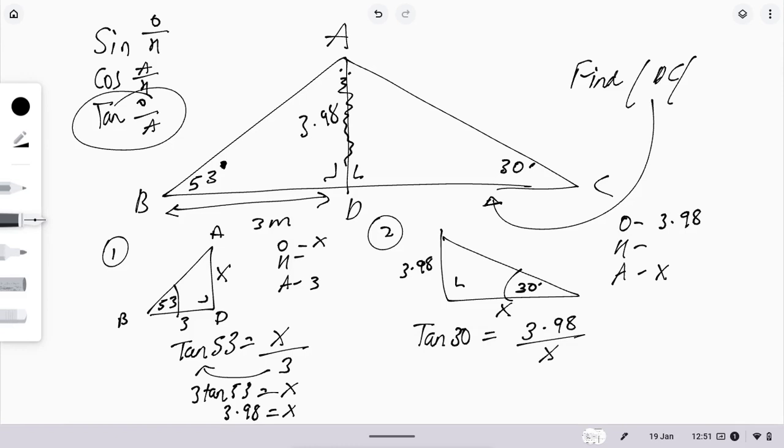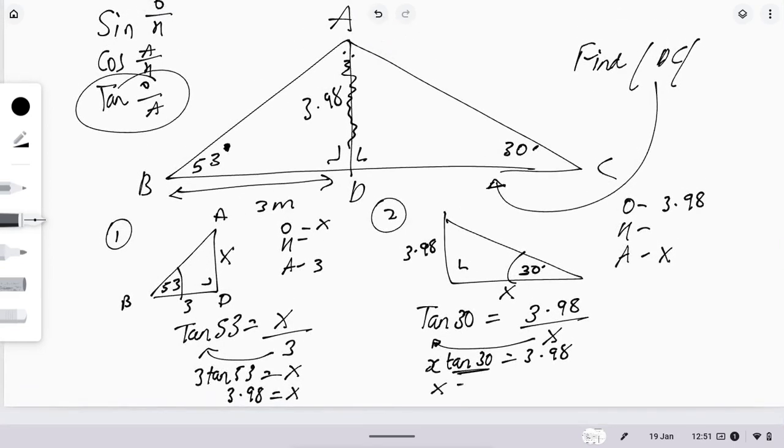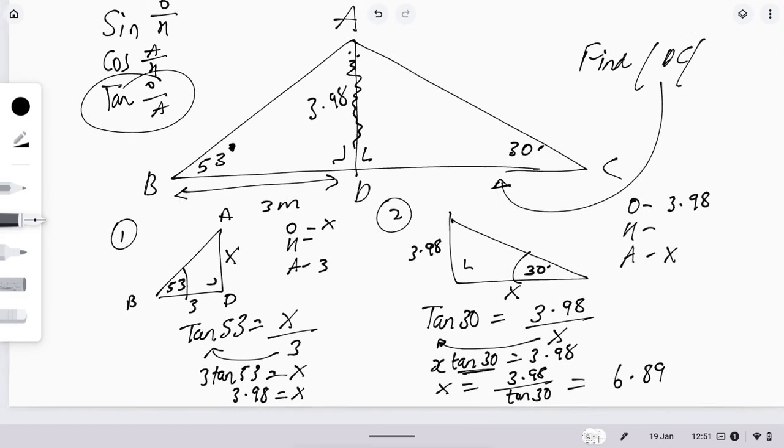To work out X, first thing, whatever's on the bottom comes across. So X tan 30 is equal to 3.98. That's just a number once again. X is 3.98 over tan 30. Put that into your calculator. Close your bracket, remember, and you get 6.89. So that's it. Go back over them. It's a limited toolbox, but you have to keep